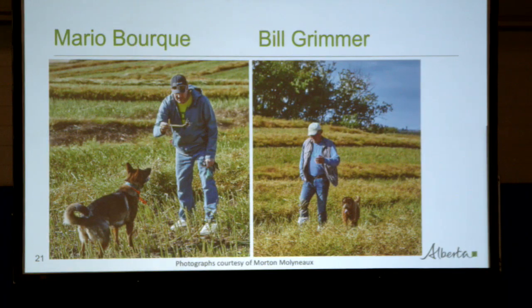And not long after I read that paper, I got a phone call from Mario, who asked if I was aware of anybody doing this kind of work, and I said no. And Mario and Bill and I got this idea. We partnered with Farming Smarter, and we got some funding to investigate whether or not this was a possibility. If the dogs can see underground, they can help us detect early infestations of clubroot and help us to get ahead of it rather than be behind it.